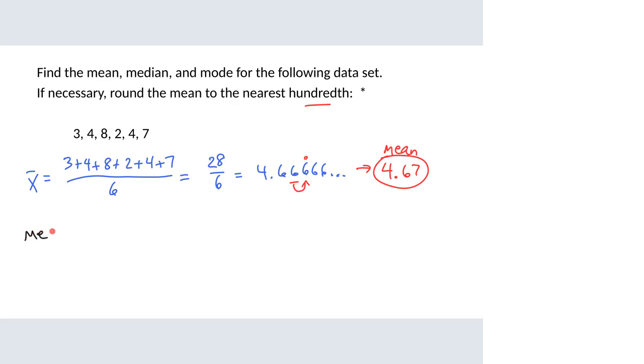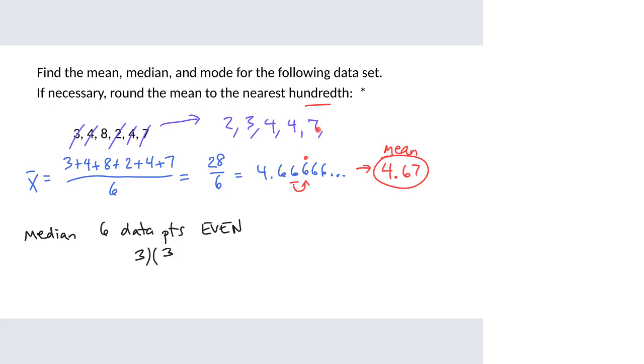For the median, we can see that we have 6 data points, which is an even number, which means there will not be one in the middle. There will be 3 data points lower than the median and 3 data points higher than the median. Of course, before we look for the median, we better write this least to greatest. We don't want to just go up here and look for it because those haven't been written from least to greatest yet. So we'll rewrite this, and let's see, we've got 2, 3, a couple of 4s,